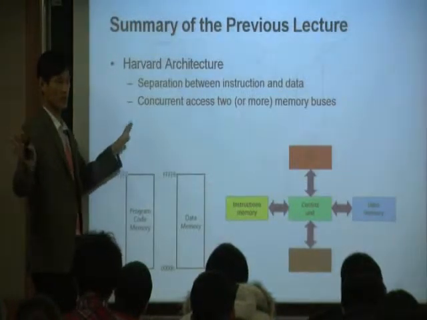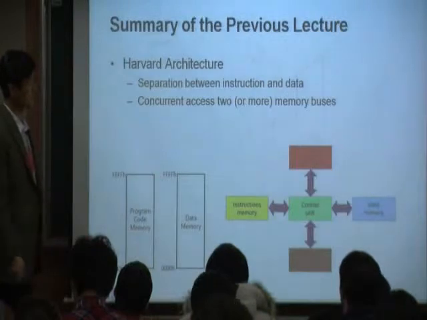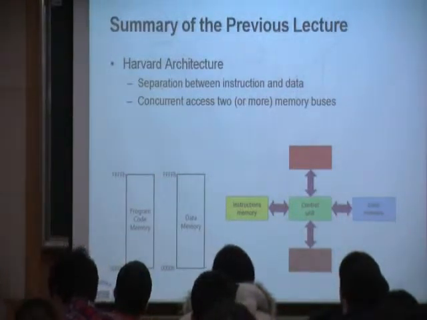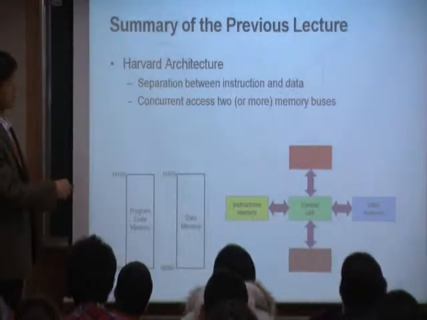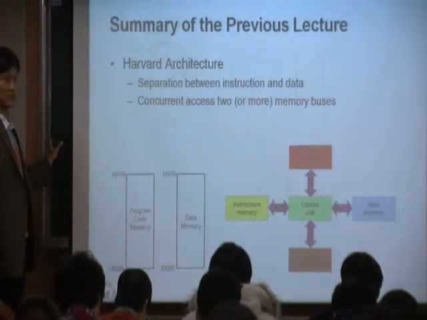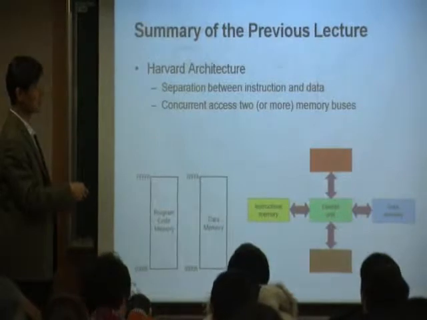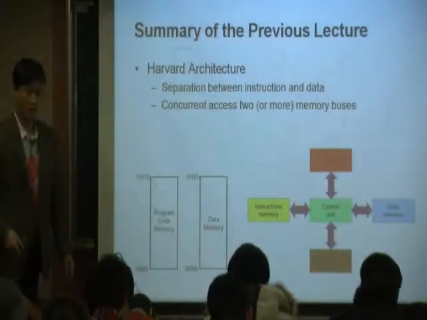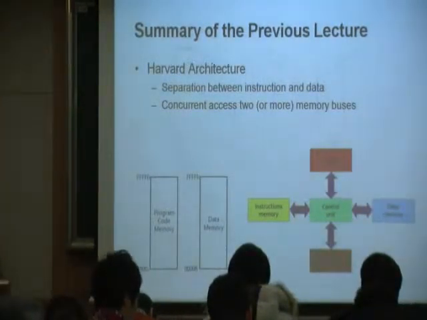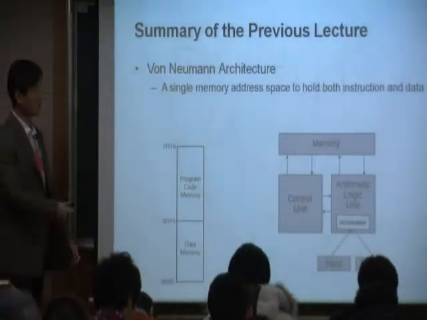You can do both at the same time. So that's the Harvard architecture. Therefore, you see the concurrent access, right? Meaning the simultaneous access. You can access both things at the same time. So you can do the concurrent access to two memory buses, which means that performance-wise, it's better than this one,